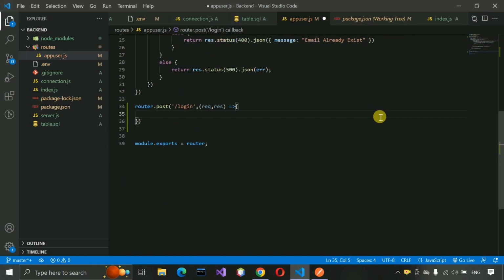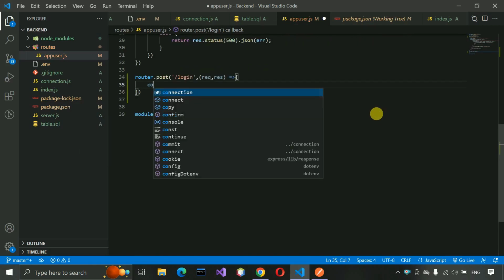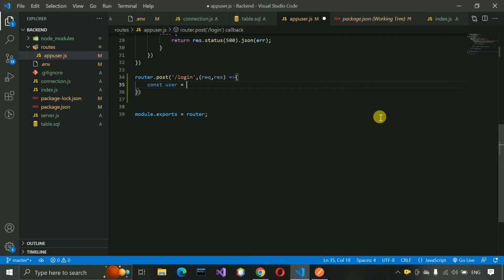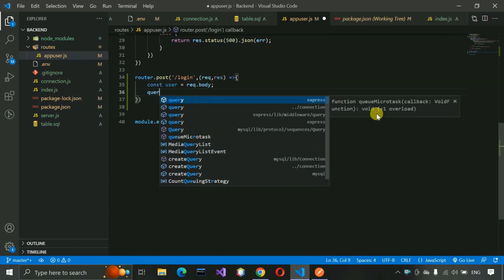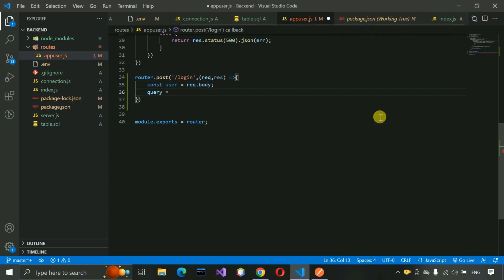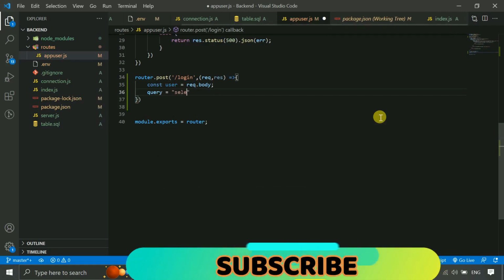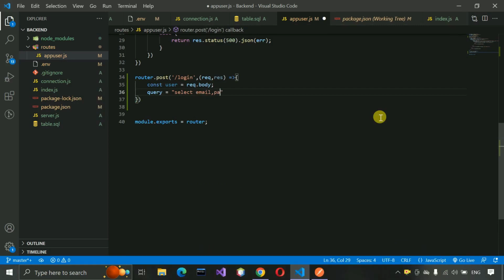Let me scroll this a little bit. Here we have const user equal to request.body, and after that we write query, and here we are going to write select email, password, status, is deletable